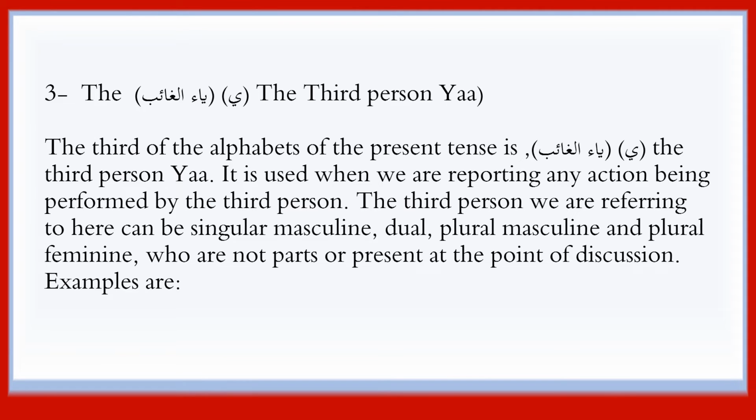Ya ul-Ghaibi, the third person Ya. The third of the alphabets of the present tense is Ya ul-Ghaibi, the third person Ya, used just when we are reporting any action being performed by the third person. The third person we are referring to here can be singular masculine, dual, plural masculine and plural feminine, who are not part or present at the point of discussion. Examples are